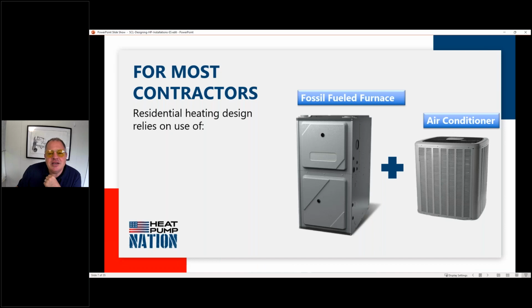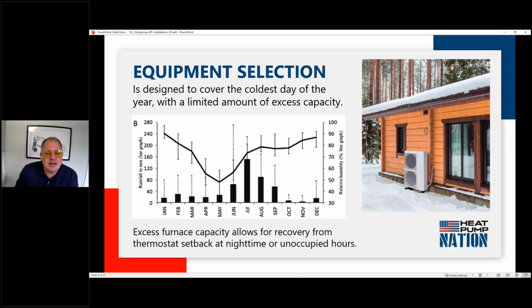So how is heating and cooling designed today? For most contractors today and the homeowners they serve, historically we've been installing fossil fuel furnaces, mostly natural gas, and then usually an air conditioner for cooling. That's the typical way to do that. Because of that typical equipment arrangement, design is done in a pretty consistent way. And that involves putting in a furnace that can do enough heating for the coldest days of the